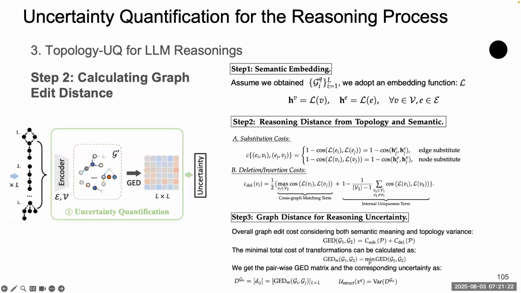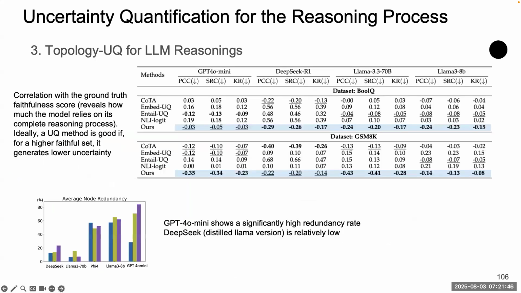And then they calculate the graph distance for the reasoning uncertainty. With these graph distances, you can think of it like this: if you have 20 reasoning steps, 20 reasoning graphs, then you will have 20 times 20 similarity metrics, right? With this similarity matrix, you can then calculate the uncertainty out of it. And this is the result. So they have some pretty